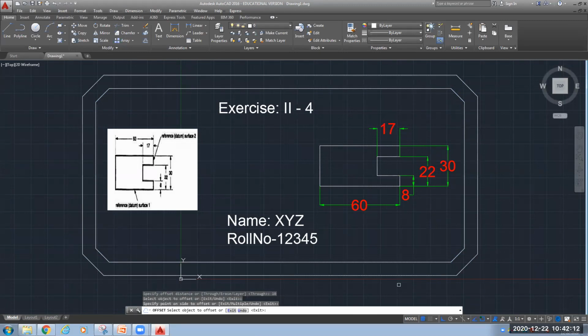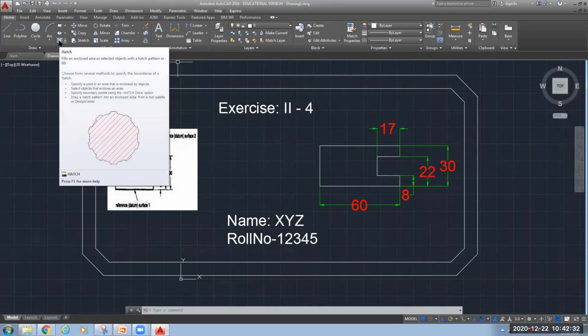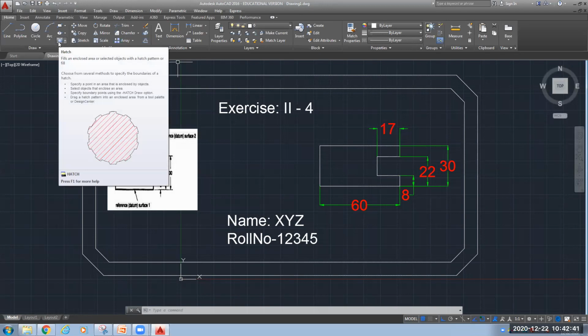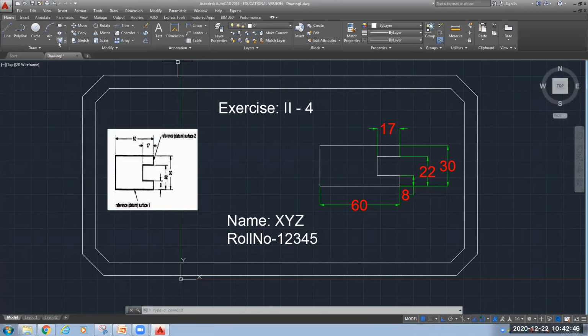Okay. Now suppose, let us see whether I am able to do hatching also or not. This is a closed path you can see now, towards the periphery. So let's try this hatching, whether we are able to hatch this or not, and what is the meaning of this hatching. Normally in closed form figures, suppose there is any cutout portion you want to show in your drawing, we used to do this hatching. Okay, so let's try over here.